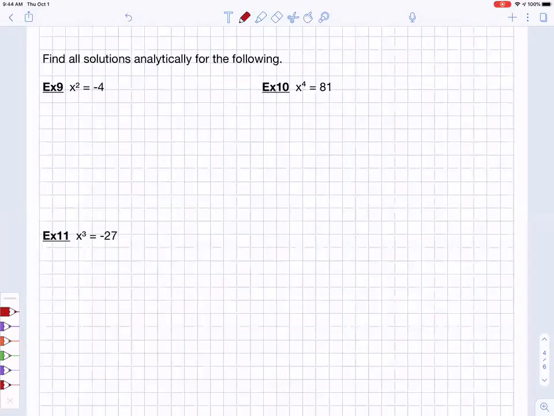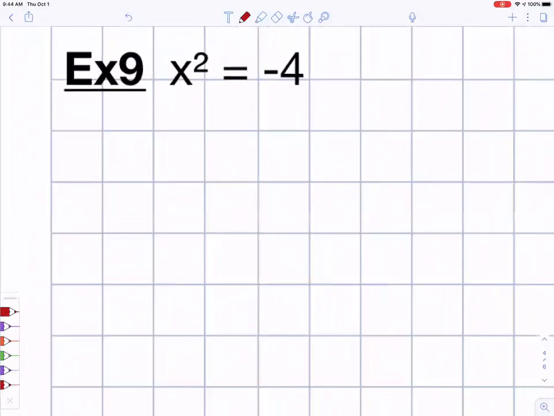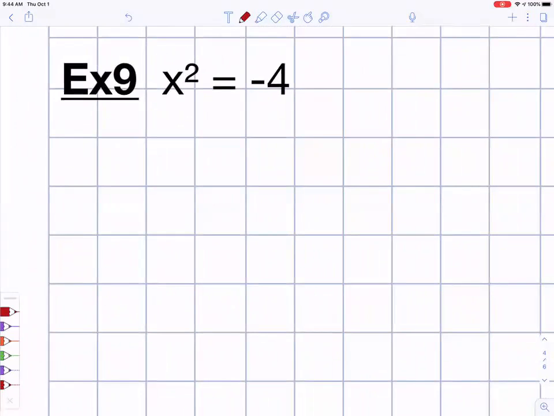Okay, if you're working with a square, use the square root method. But if you're working with something larger than a square, move everything to the same side and solve by factoring. Okay, move everything to the same side and solve by factoring. All right, so when we look at example number 9, since it's a square, I can just use the square root method. Okay, and if I use the square root method here, we know we're going to take the square root of both sides. So this is going to be x is equal to,